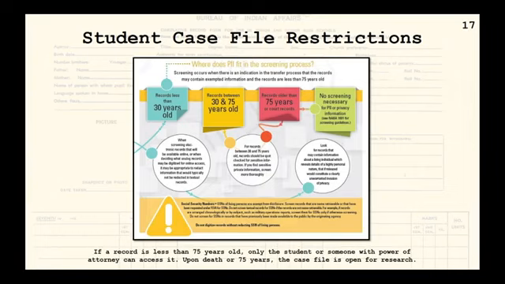Before we go any further into our talk today, into student case files, let's detour quickly to restrictions. General school and agency records typically have few privacy restrictions given their age, but that is not the case with student case files. Privacy laws are in place to protect the individual. There can be information that isn't the most flattering in these files. So even with those that are old enough to be open, bear that in mind when researching.